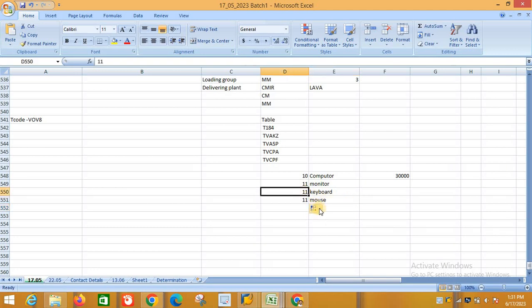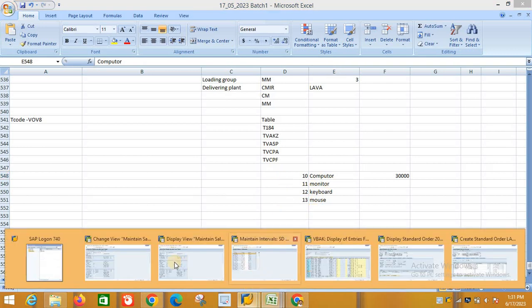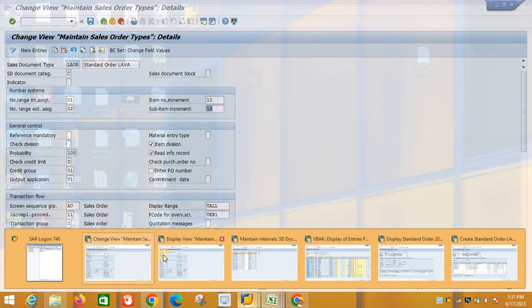Okay, 11, it should be likewise. Got it, guys? That is the main material, and for that main material there is a sub material. It is called the sub material increment. Okay, we will discuss this later on.